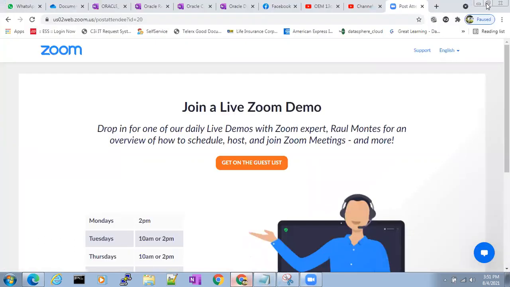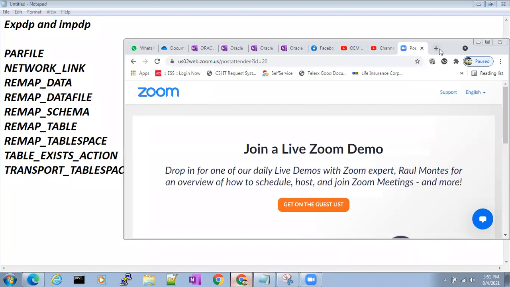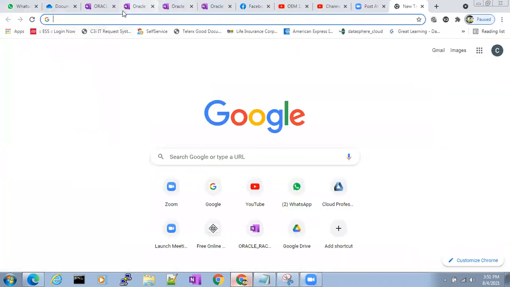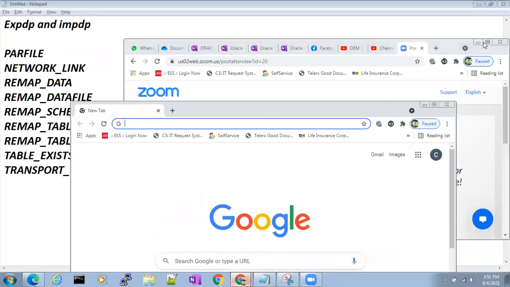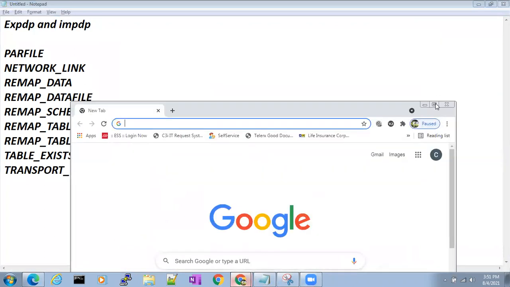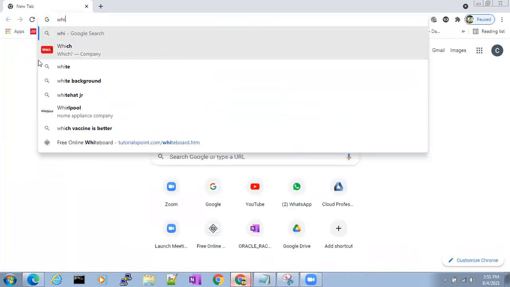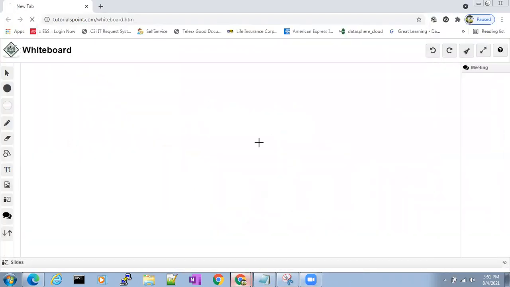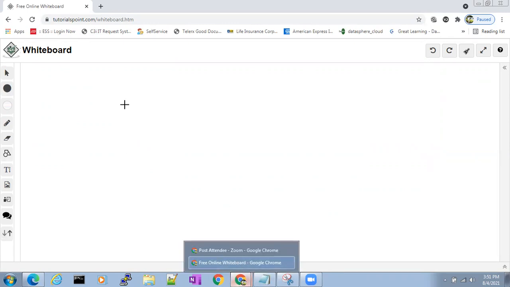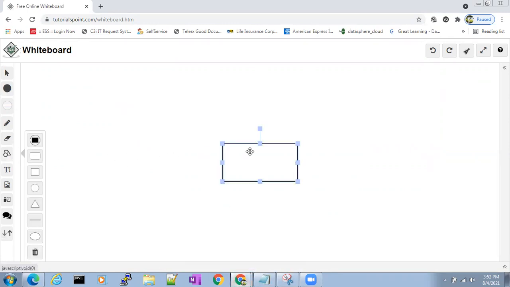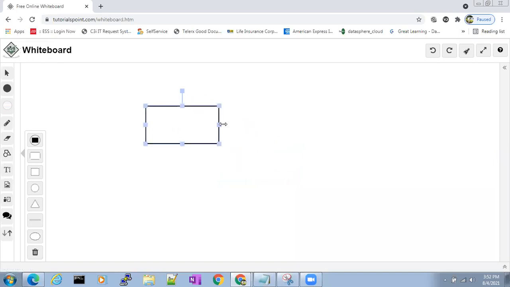So what I will do now, I will explain it like this. This is a production database server in which we have a production database, right?